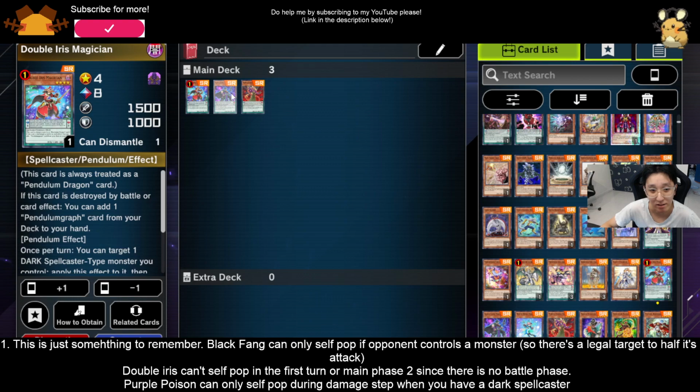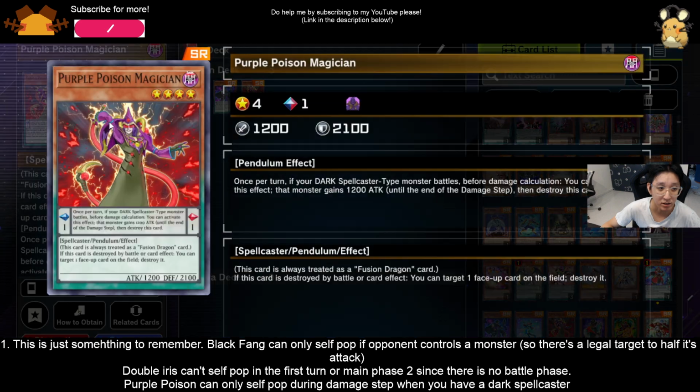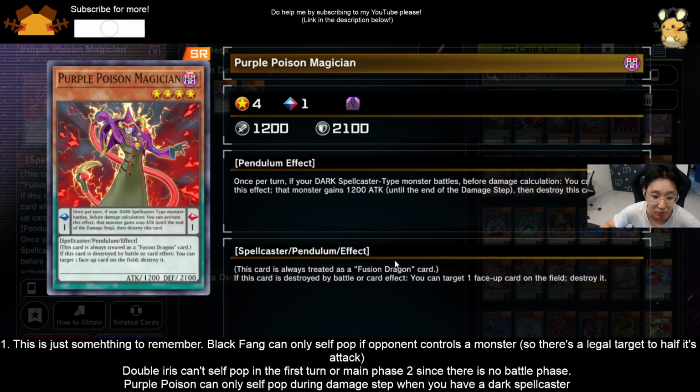Okay, number 2 is Black Fang. Black Fang can self-pop as long as the opponent controls a monster. So usually, similarly, you won't be able to do it during the first turn unless you use the Odd-Eyes Vortex trick, which I mentioned in the previous tips and tricks video. And thirdly, for Purple Poison, you can only pop it during the damage step, which to me is one of